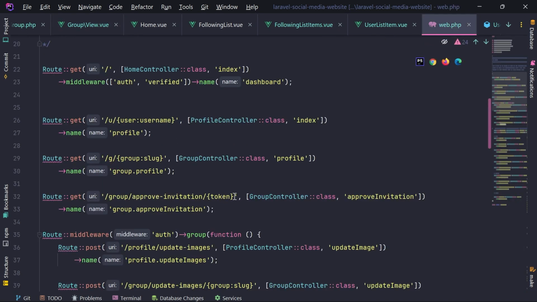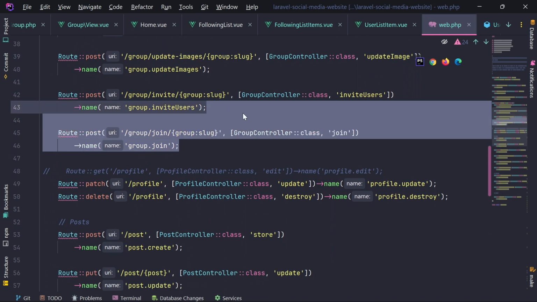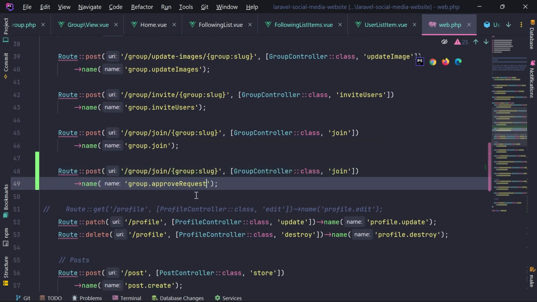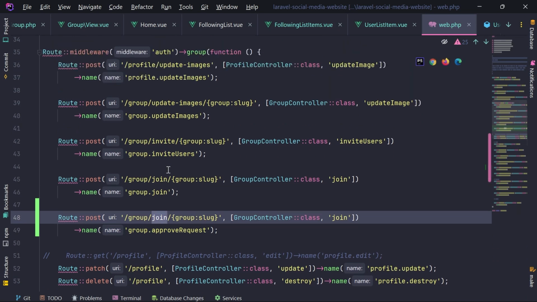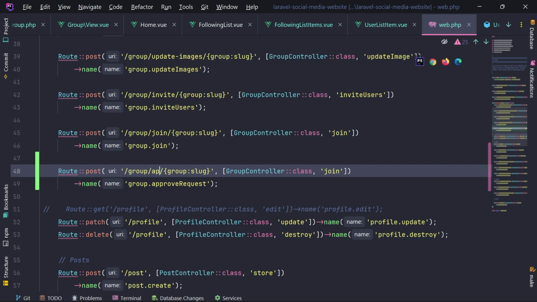Let's open web.php. We have this group join. We have this group approve invitation, but this is different. It is approve request. Now the URL for approve invitation is approve invitation. Here we're going to have approve request. We're going to provide the slug, but we are going to also provide,